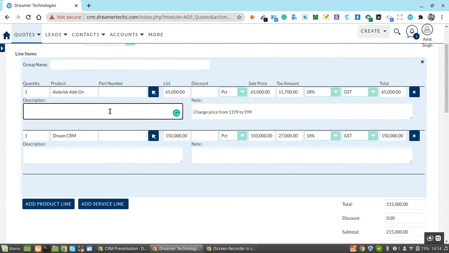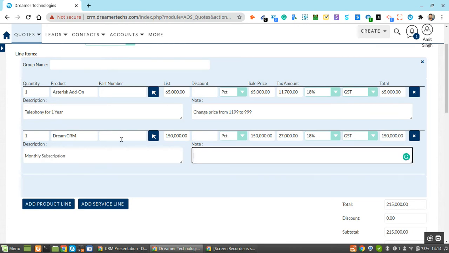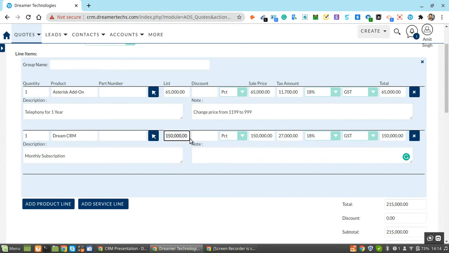If you have any description, you can put it in. We can also change the price here.